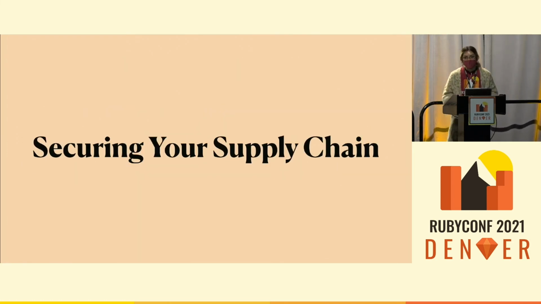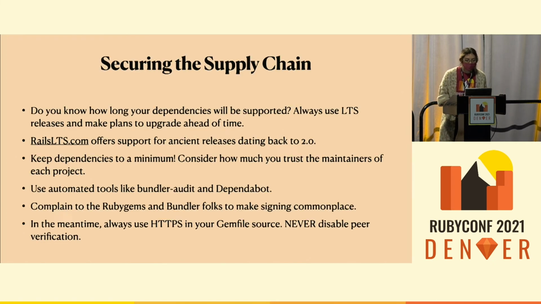Now, supply chain. The folks at Shopify have a booth. They have a whole team focused on supply chains, specifically on how we secure our dependencies as they transit from GitHub or wherever they come from to our machines, to our networks, to the rest of our systems. They've done some really awesome work. The best dependencies are no dependencies, but also look up how long software is going to be supported. There is a release cycle for Rails, and for pretty much all of these major dependencies. So make sure you understand LTS, long-term support.